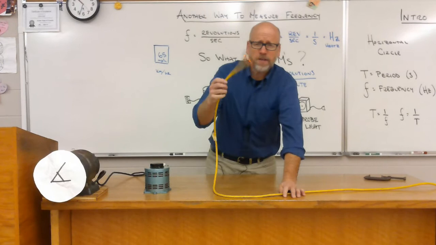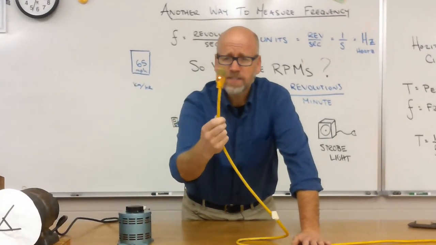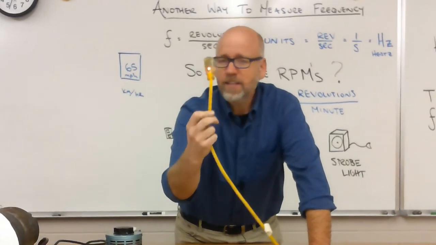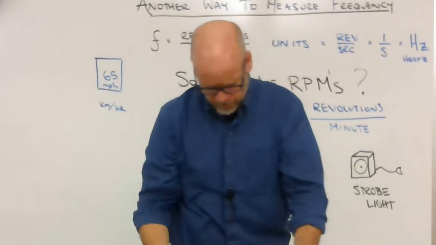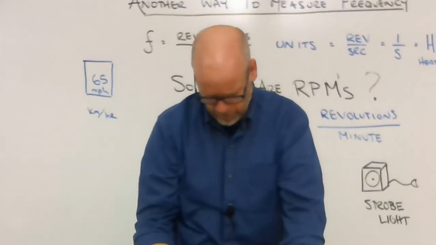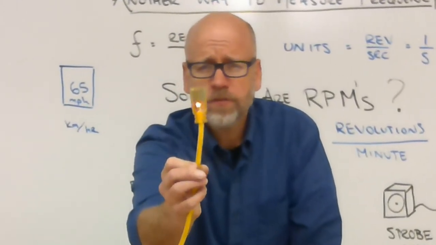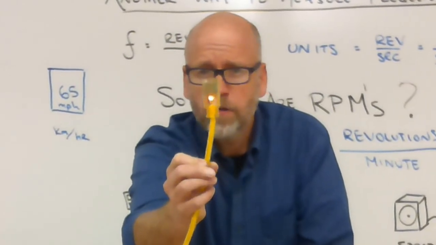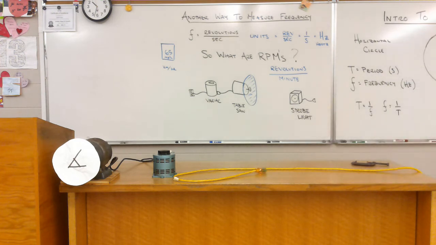You know what? While I'm at it, let me show you another thing. I have this extension cord. It's a fancy one. It's got a little LED in the end. And that LED is flashing at 60 hertz. And if you look closely at it, you can sort of tell that maybe there's a bit of a flash to it, but it looks pretty much like one continuous emitting light. But if I set it into motion, let's see what happens. See if we can capture this. Now, instead of a strobe light giving us that effect,